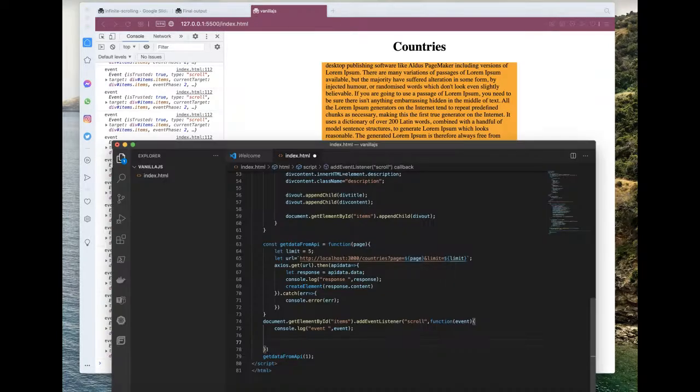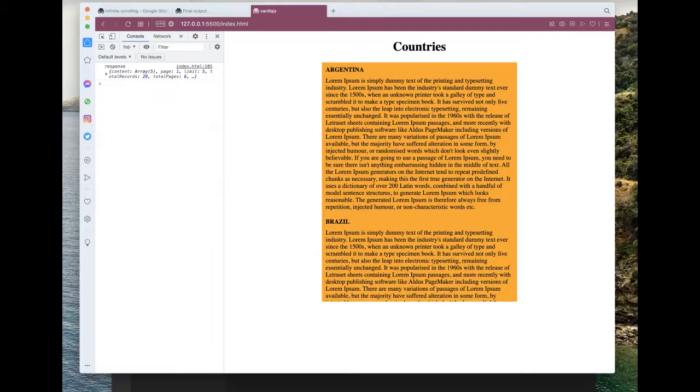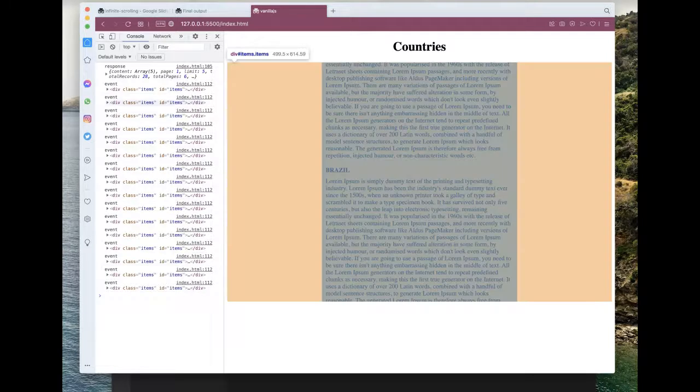We have to write the logic in this function. The event object will hold the reference to the element that is scrollable. If we print event.target, it will return the target object. So this is the target object. We have to identify scroll height, client height and scroll top of this element.